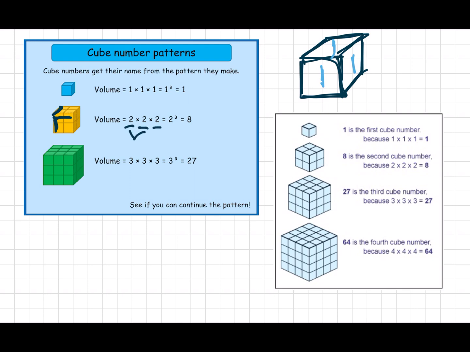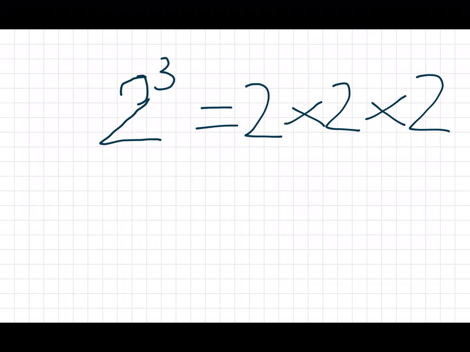Well, 2 times 2 is 4, times that by 2, we get 8. So the same on the next one, 3 times 3 is 9, times that by 3, you get 27. And we keep going. Cube numbers obviously get bigger faster because you're timesing it 3 times. Okay, so just to recap for you,